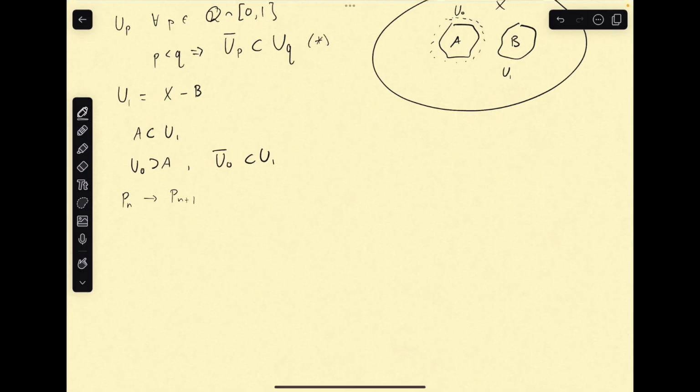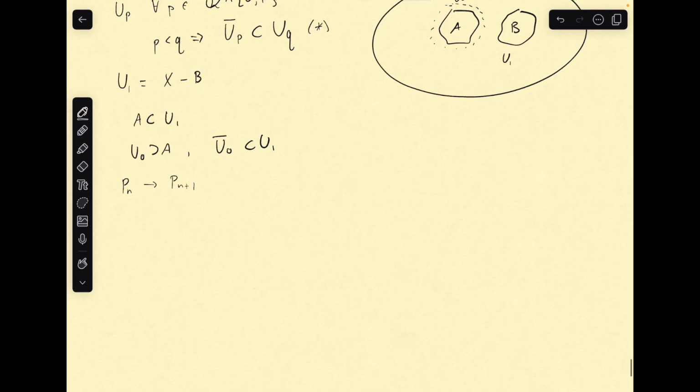and that will suffice to define all of these U of p's for all of the rationals within 0 and 1. And afterwards we can actually look at what the sequence might look like, but for now it's not important. We just need to know how to go from the set containing the first n elements of our sequence to the set containing the first n plus 1 elements of our sequence. So we know that for P of n we have the star property, and after the first n elements of our sequence we're going to get some next element R,